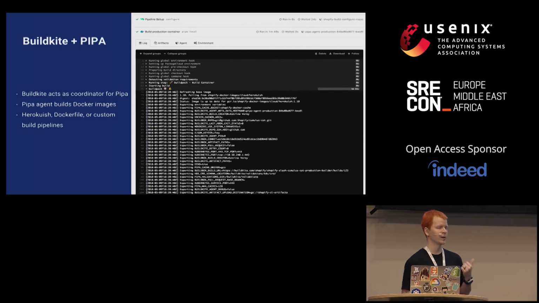If you are not familiar with BuildGuide, you can think about it like Jenkins or whatever other tool like that. It's the same idea. Underneath BuildGuide, we have a custom tool called Pipa. And Pipa is just the application that actually knows how to build images, where to build them, and we created 3 different build pipelines inside Pipa.